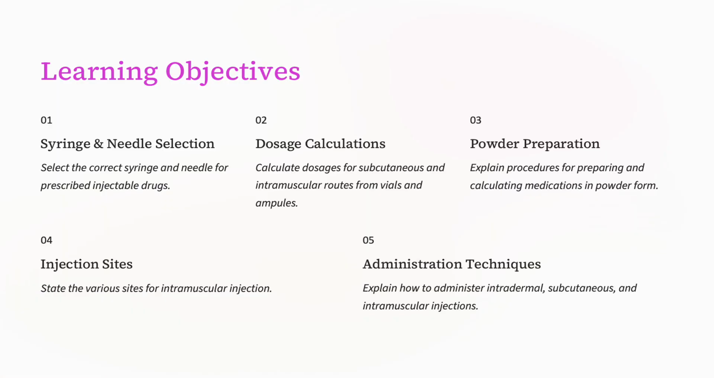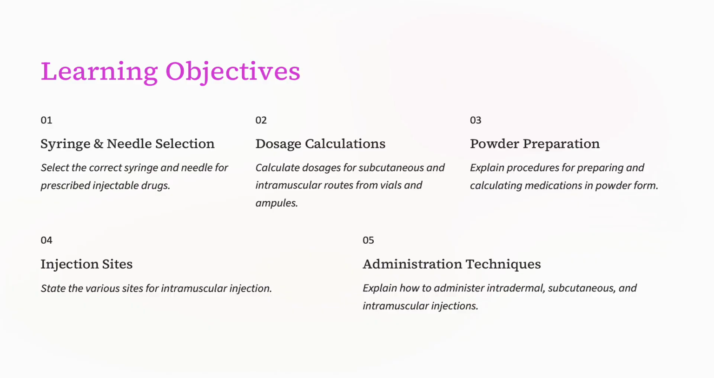So the learning objectives are, we want you to be able to select a syringe that's appropriate for whatever medication you are going to give. We want you to be able to do the dose calculation for the administration. We want you to be able to reconstitute or mix medicines to get them from a powder to a liquid. And we want you to know where you can inject and what those landmarks are, what are the injection sites,